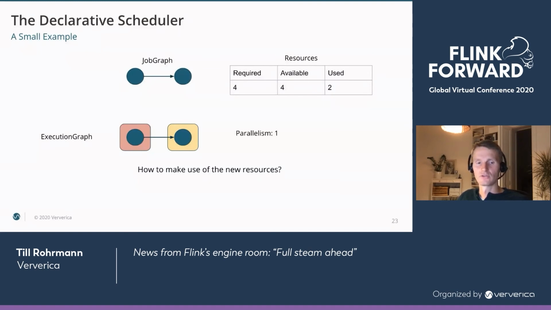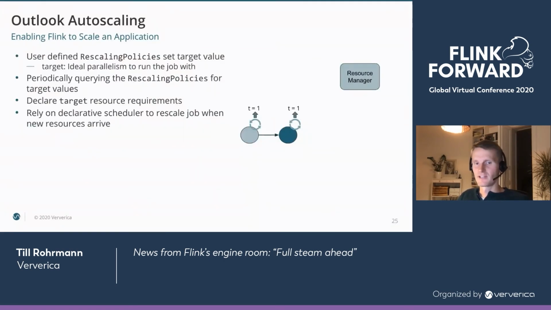And how can it do it? Similar to what you do at the moment manually, taking a checkpoint and restarting the job from this checkpoint, and thereby making use of the now additionally available resources, which means that now we can run the job with a parallelism of 2. Yeah, and that's it basically. This is the idea, or the 2 building blocks which will enable this reactive mode, being able to react to newly arriving resources. And actually, we can even extend it and give the Flink job the control